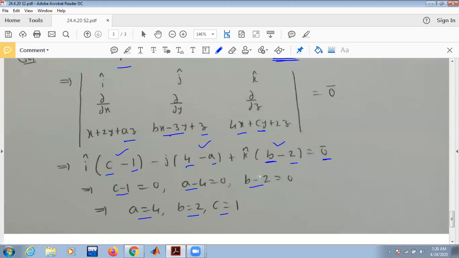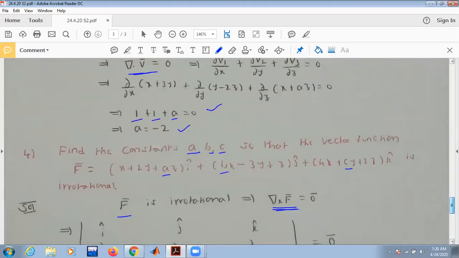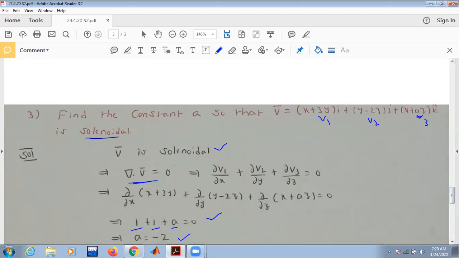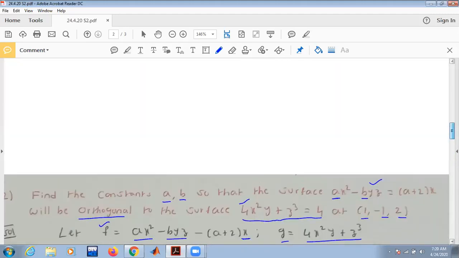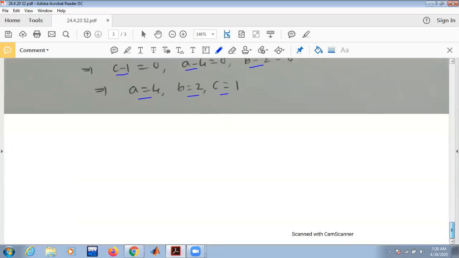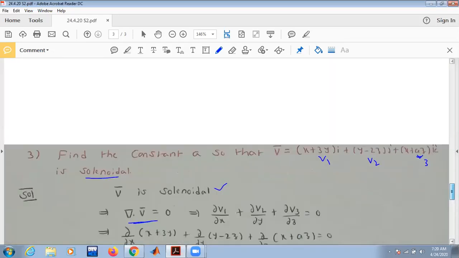Is this clear to all of you? So all these four problems involve some unknown constants. Sometimes this kind of problem may be asked in exams. These four problems relate to different concepts like curl, divergence, directional derivative,